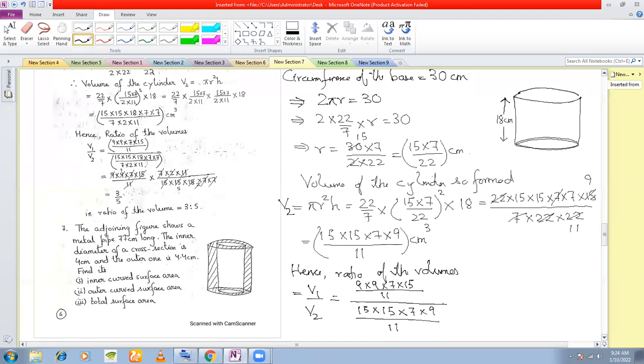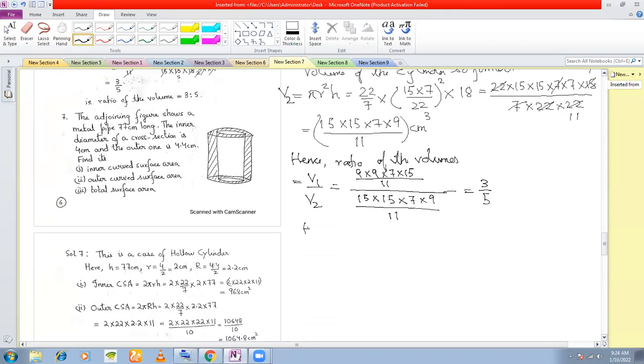Okay, so certain things are going to cancel here, and after cancellation you are going to get 3 by 5. Hence, the ratio of the volumes is 3:5, and that's your answer. Okay,